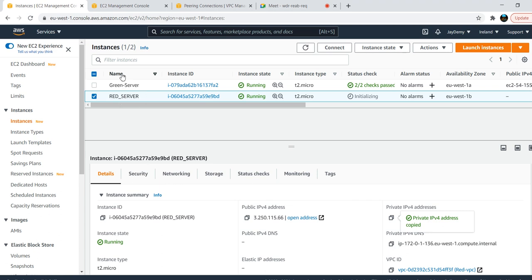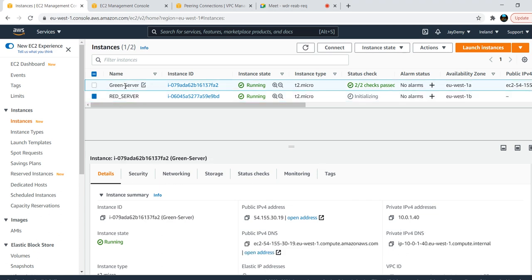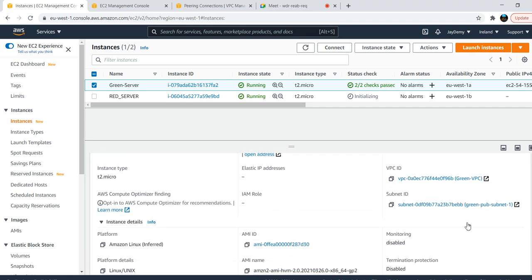Now I'll first go to the green server and choose the subnet from here only. If you choose from here, there is no confusion. If you go directly to the VPC and take a particular subnet and edit it, you might miss.